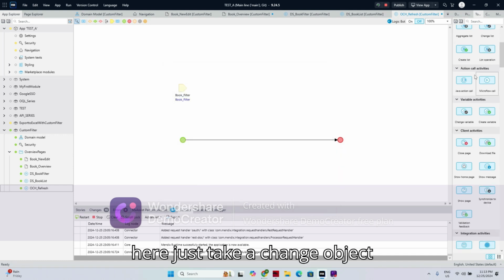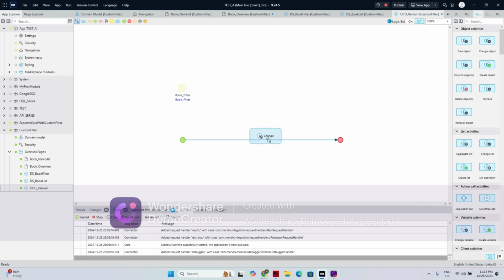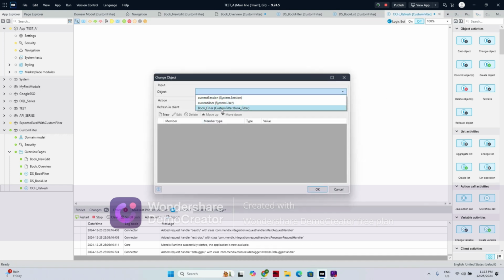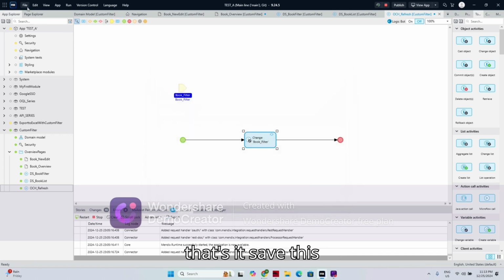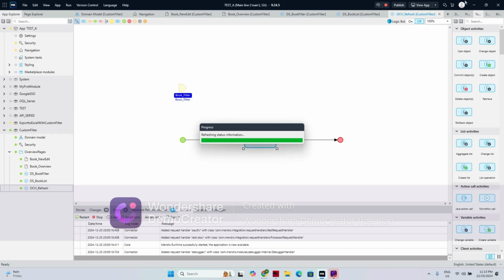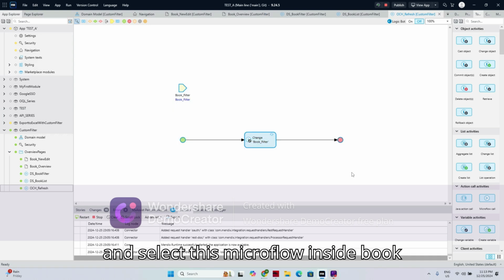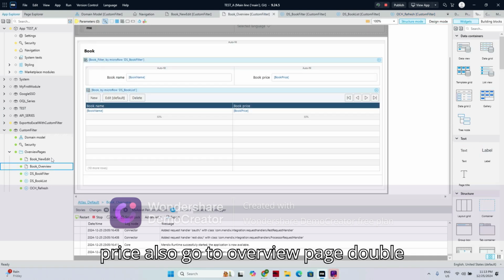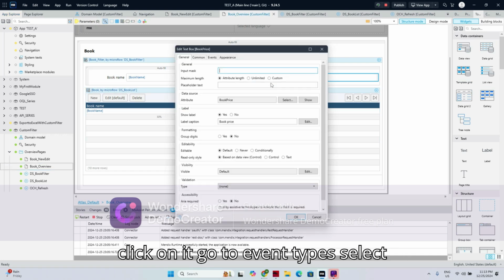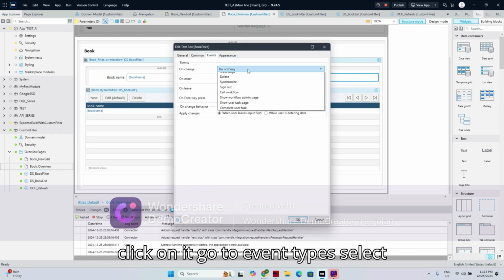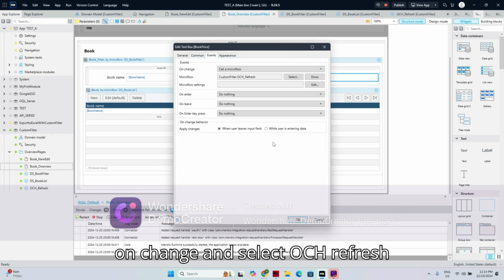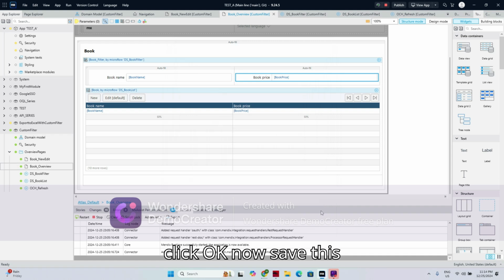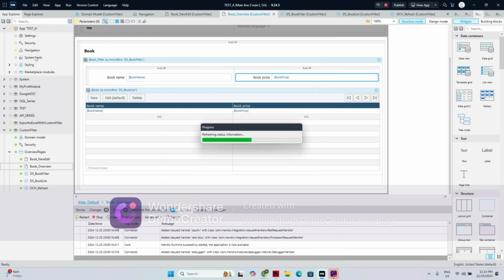Here just take a change object, select this object and refresh the value. That's it. And save this, and select this microflow inside book price also. Go to the overview page, double click on it, go to the events tab, select on change and select OCH refresh. Click OK. Now save this and run the